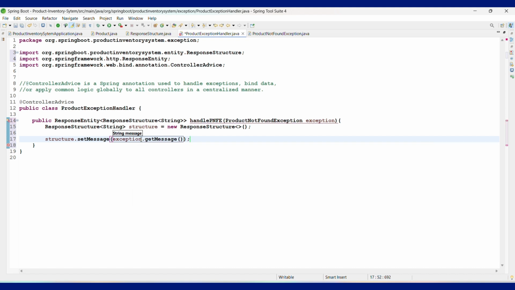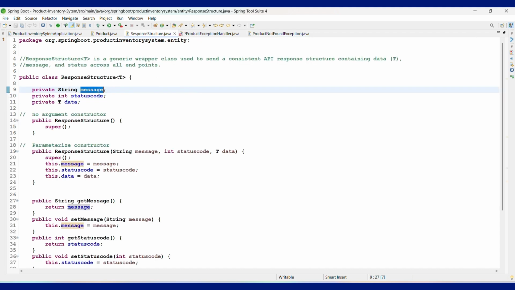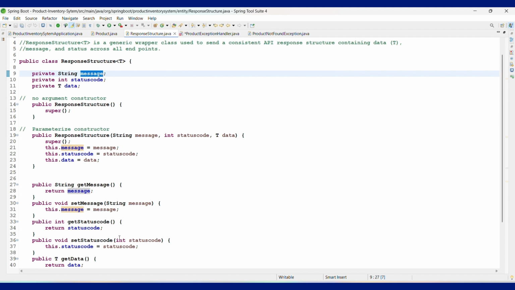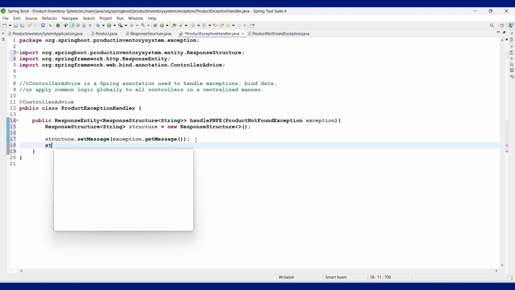That means in the ProductNotFoundException class we have a message, and you saw that this message is present in the ResponseStructure with getters and setters. That's why when we implement exception.getMessage here, that message is coming from the ResponseStructure class. This is the first one, and the next one is structure.setStatusCode,